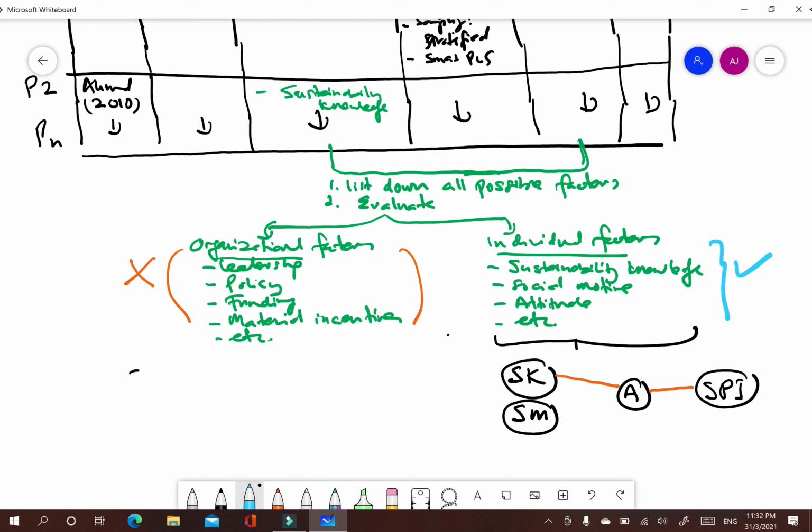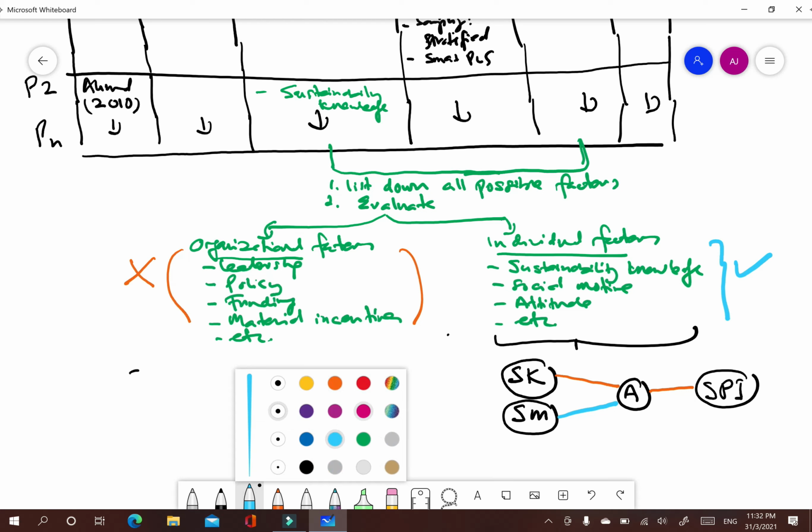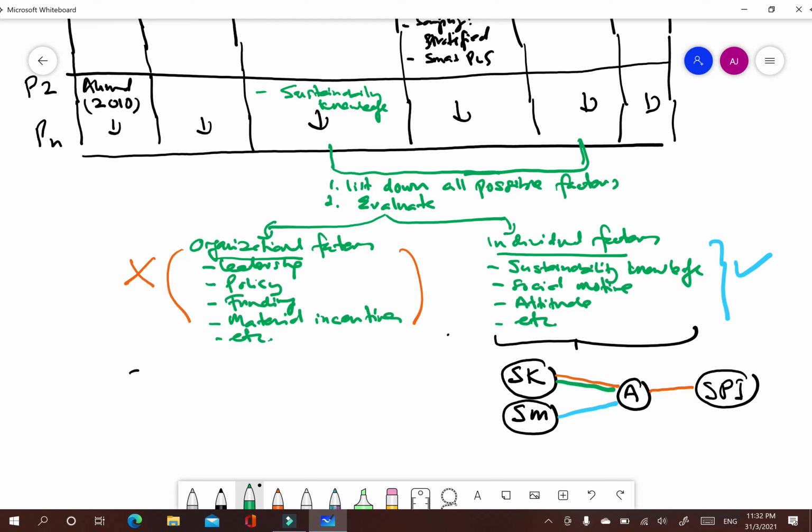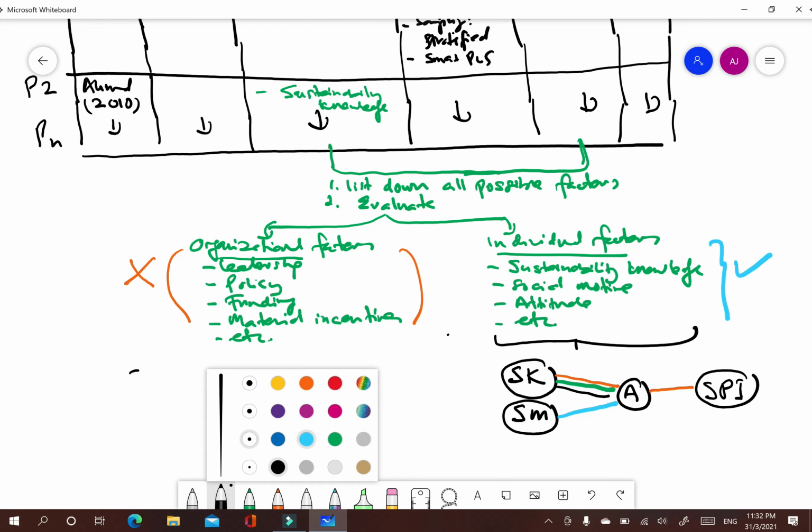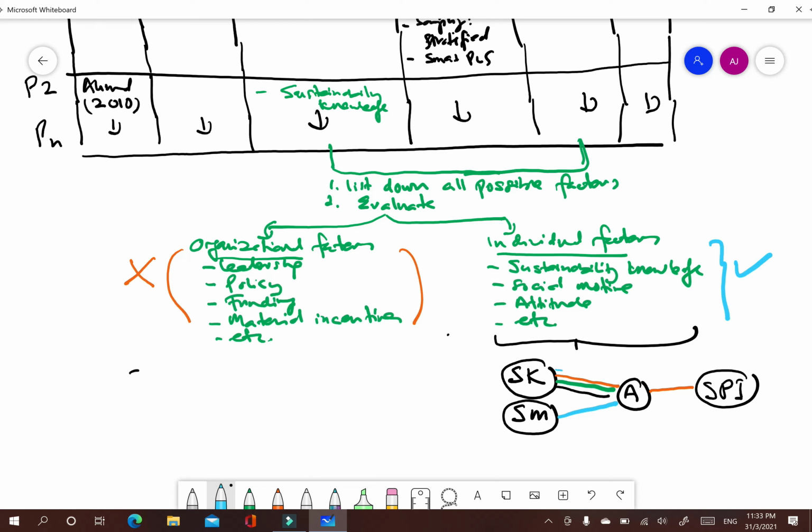And then maybe, for example, paper number 2 mentioned about sustainability, social motive having a relationship with attitude. Okay, so you can see the pattern of the previous research. For example, just to make it easy to understand, how many papers show the relationship between sustainability knowledge and attitude. Okay, maybe here.